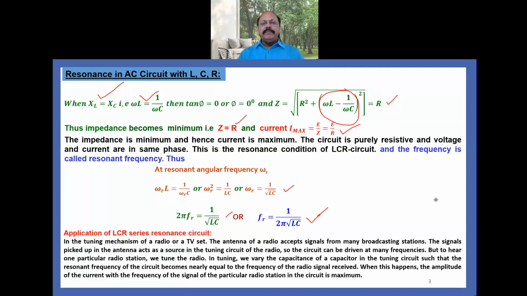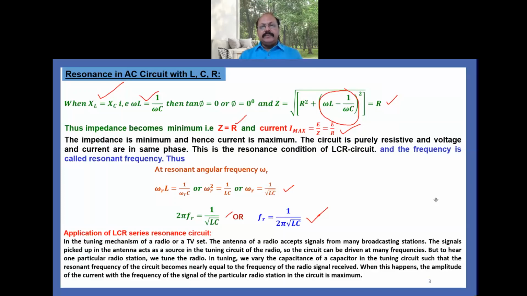The signals picked up in the antenna act as a source in the tuning circuit of the radio, so that the circuit can be driven at many frequencies. But to hear one particular radio station, we tune the radio. In tuning, we vary the capacitance of a capacitor in the tuning circuit such that the resonant frequency of the circuit becomes nearly equal to the frequency of the radio signal received. When this happens, the amplitude of the current with the frequency of the signal of that particular radio station in the circuit is maximum, and we are able to hear